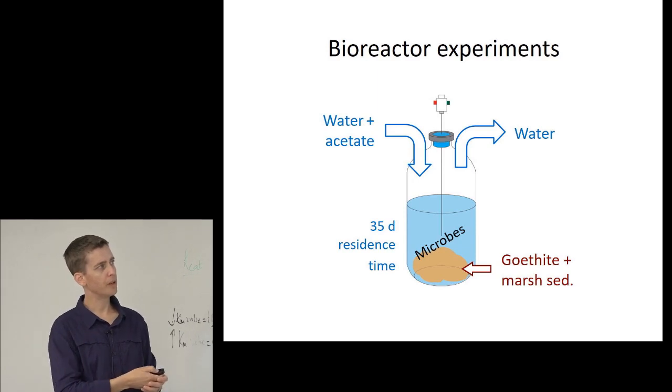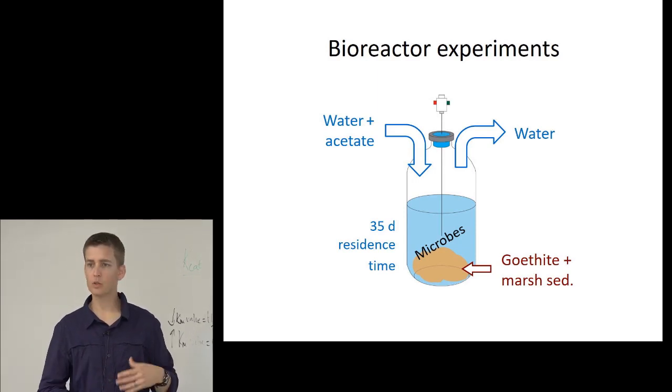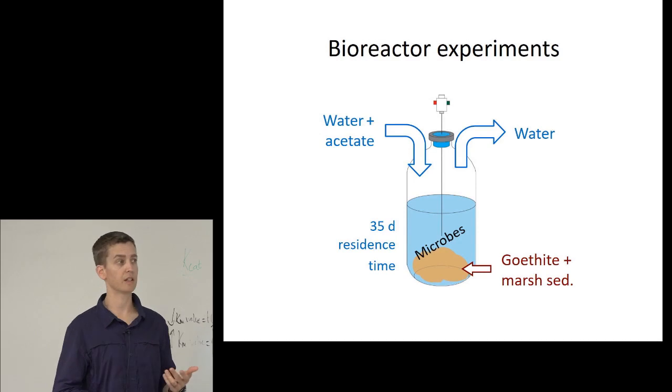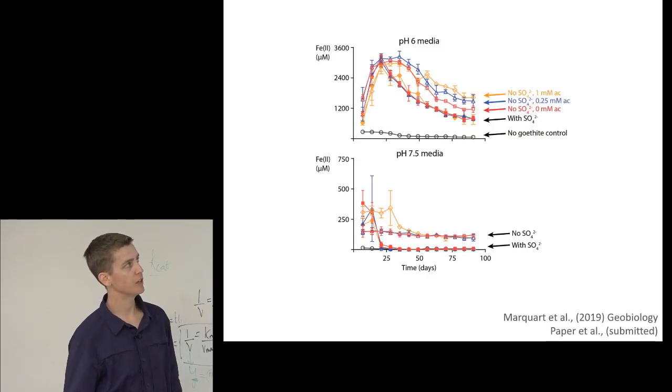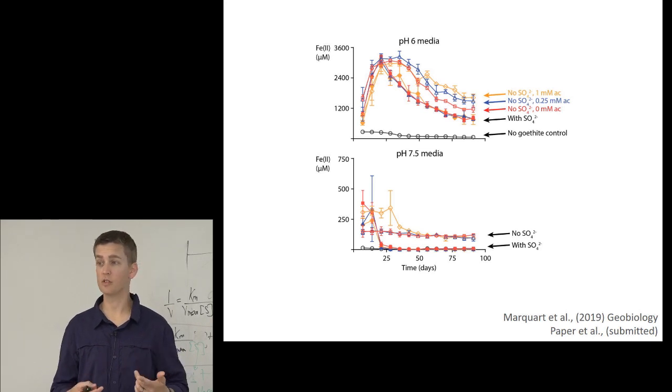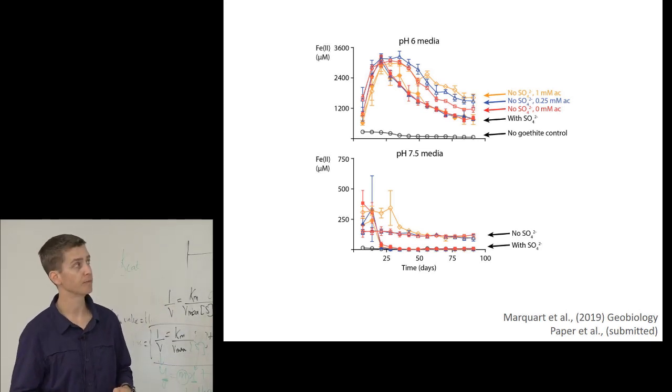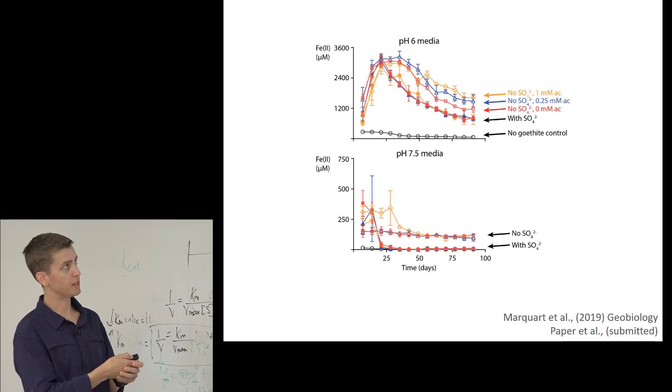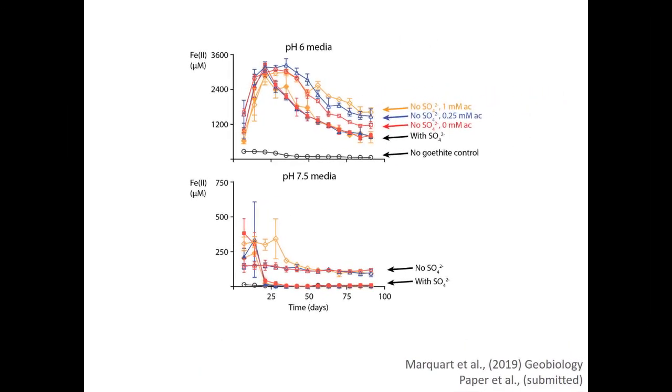The water that we would take out every week, we would use that for a bunch of chemical analyses. One of those is we would measure the amount of ferrous iron in that fluid, and that helps us understand how much iron reduction is happening. So this plot shows ferrous iron concentrations over time, reactors that received medium with pH 6, some that received medium with pH 7.5 water,